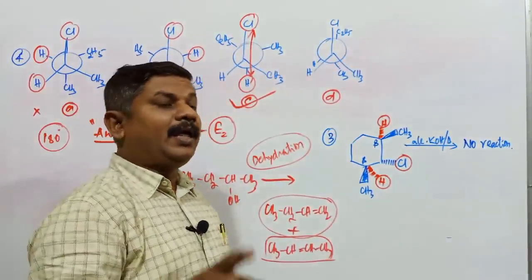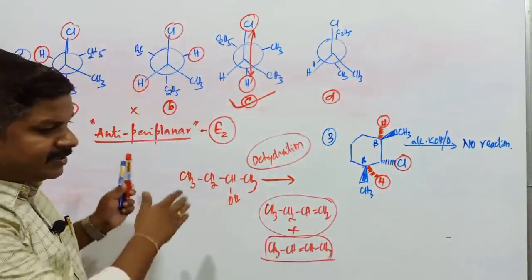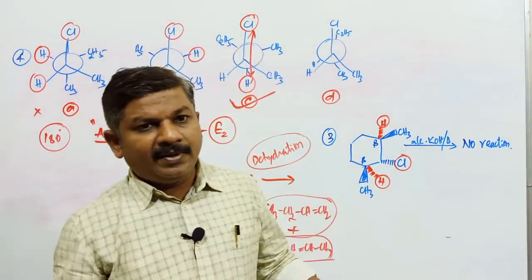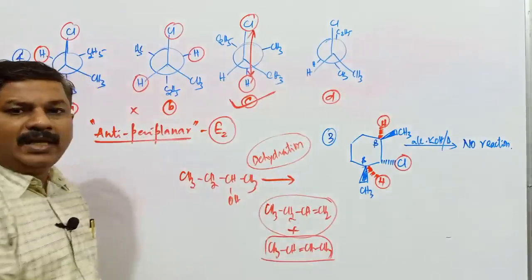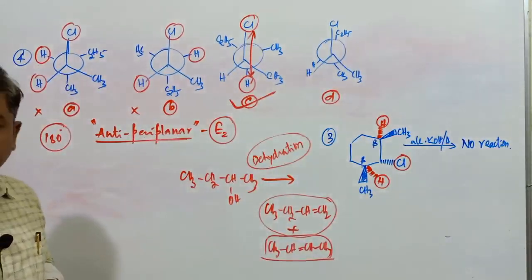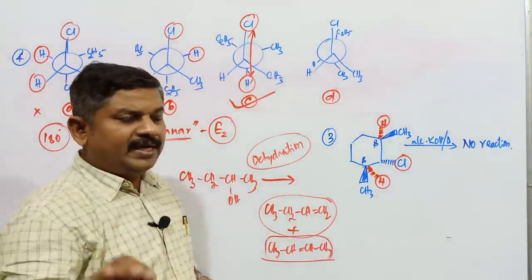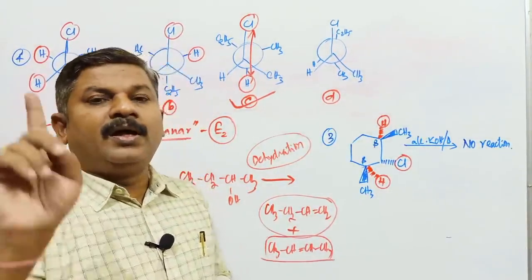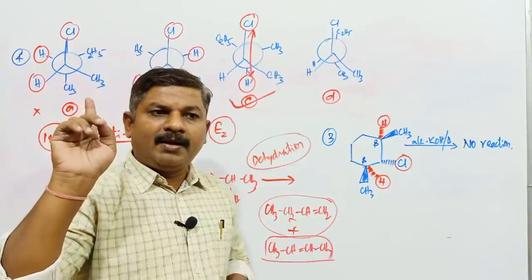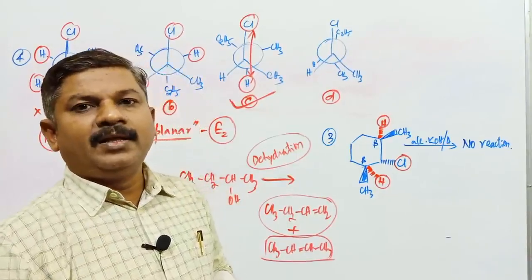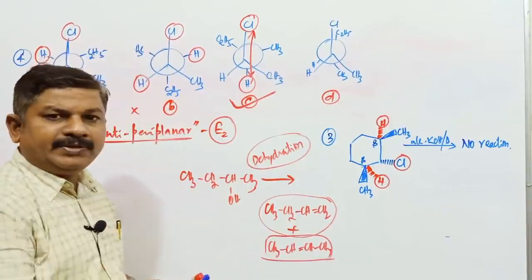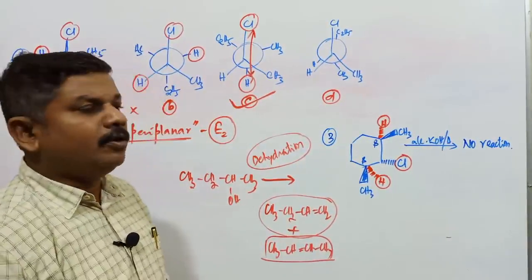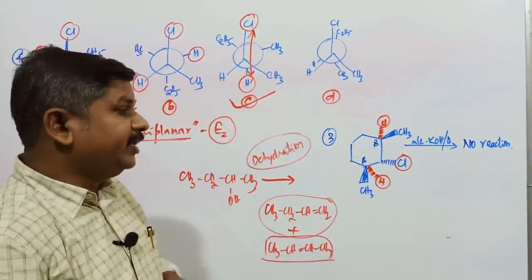dehydrohalogenation reactions. I have discussed the mechanism of E1, the mechanism of E2, and the differences between E1 and E2. Some examples I have also considered, especially dehydrohalogenation. The common reagents used in dehydrohalogenation are alcoholic KOH or alcoholic NaOH, or sodamide, or a compound such as sodium hydride or ammonia. Those compounds are generally used for elimination of hydrogen as well as halogen, so those reactions are commonly called dehydrohalogenation reactions.